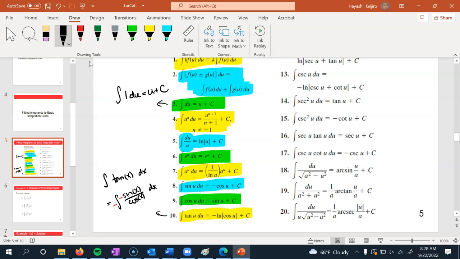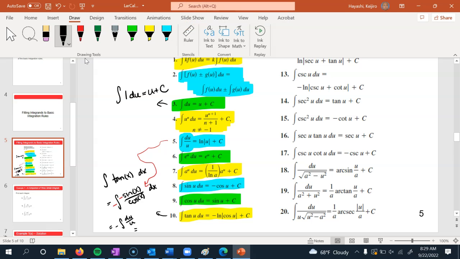Okay. Now we have something on the bottom with its own derivative on the top, and that actually sort of fits this form, du over u, right? Du is negative sine of x dx. The u that's on the bottom is the cosine of x. So this is negative the integral of du over u, which is,